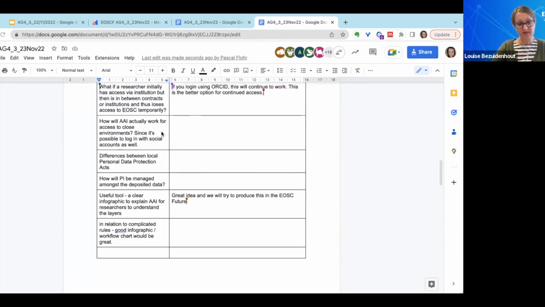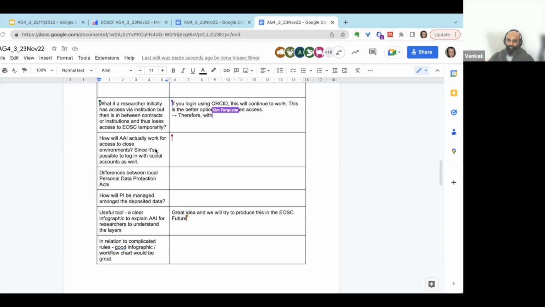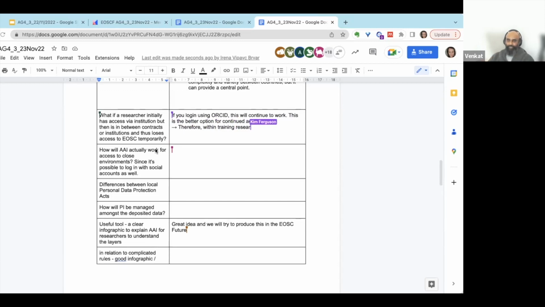And similarly, how will AAI work for access to closed environments, since it's possible to log in with social accounts as well? Again, Venkat, do you have any insights on this? This is something I'm going to be learning about more as we develop the sensitive data training. But the one thing to remember, if you're talking about a closed environment, meaning some kind of data safe haven or